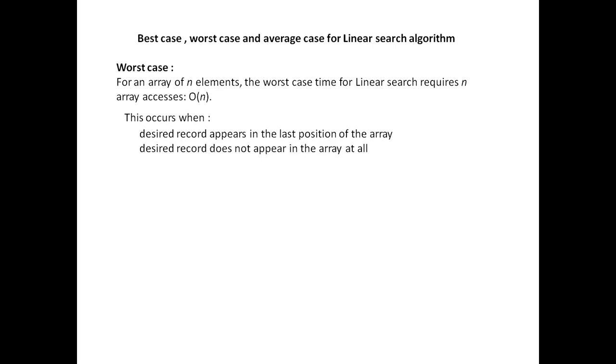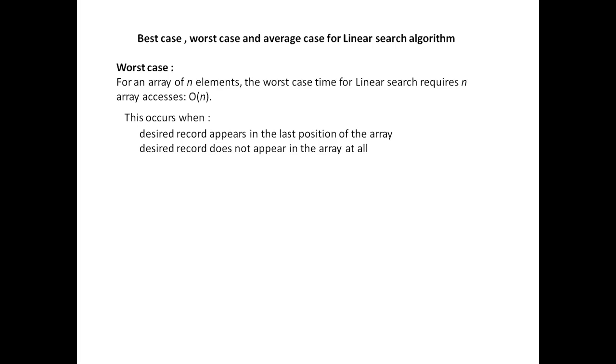Okay, first student is not the student I am looking for. Second student is not the student I am looking for. Like this, I will keep on going. So if that student happens to be the very last student, then I have to do some 50 searches. After completing those 50 searches, I find that boy in the 50th location. So I have to search all the available boys in the class, then that is the worst case.